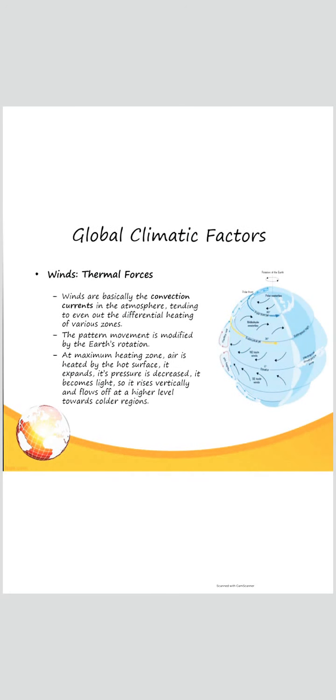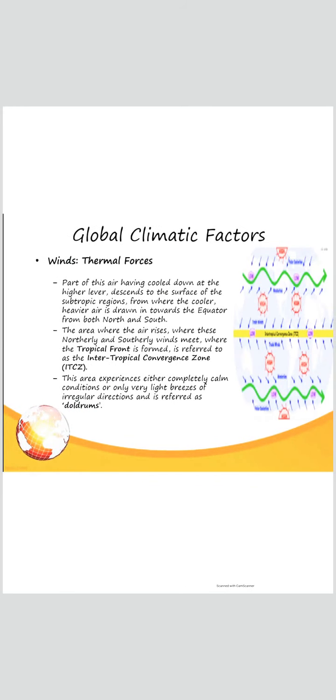Wind thermal forces. Winds are basically the convection currents in the atmosphere tending to even out the differential heating of various zones. The pattern of movement is modified by the Earth's rotation. At the maximum heating zone, the air is heated up by the hot surface. It expands, its pressure is decreased, it becomes light, and so it rises vertically and flows at a higher level towards the colder regions. The part of this air having cooled down at the higher level descends to the surface